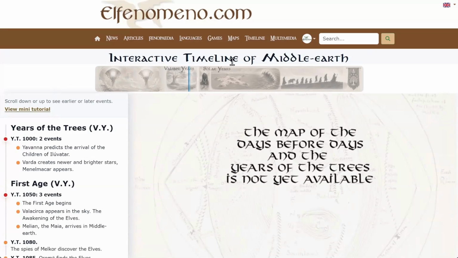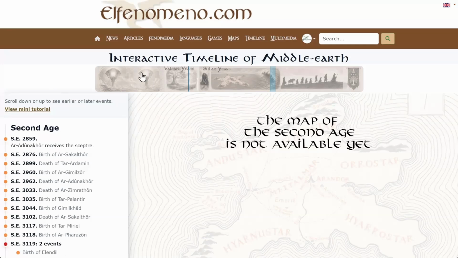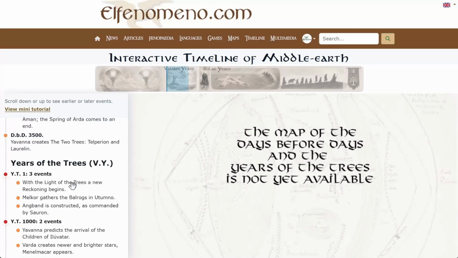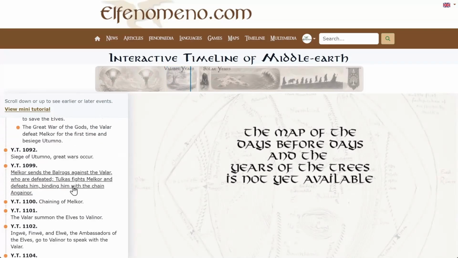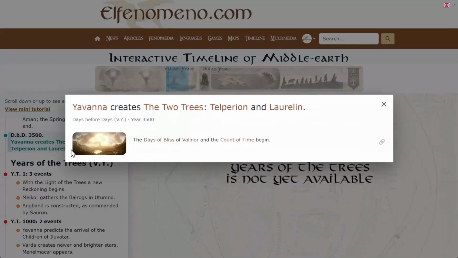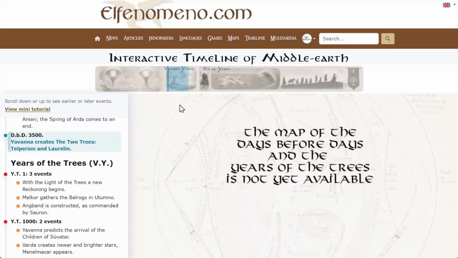We can jump from one age to another and place ourselves at a specific moment in the history. Below, here to the left, we have the list of events. Also, this part is totally interactive. We can scroll up or down and go through the different events. Each one of them is clickable, and then you can see the event in there, also synchronized with the top